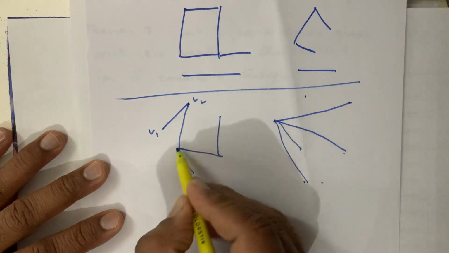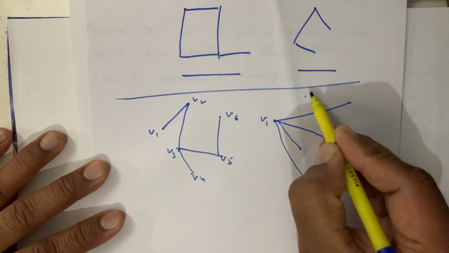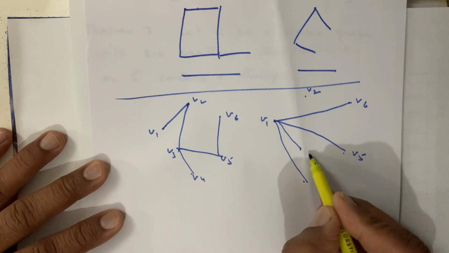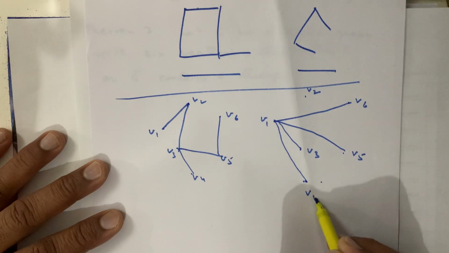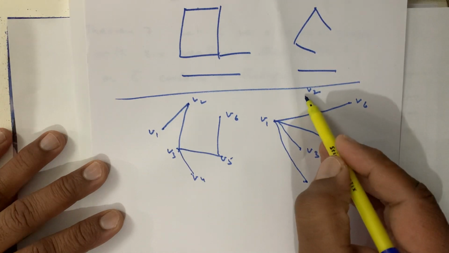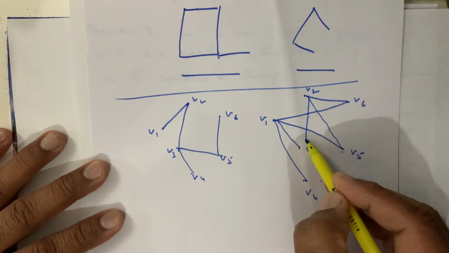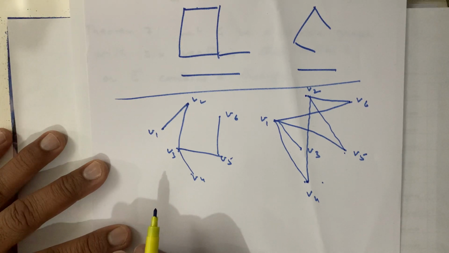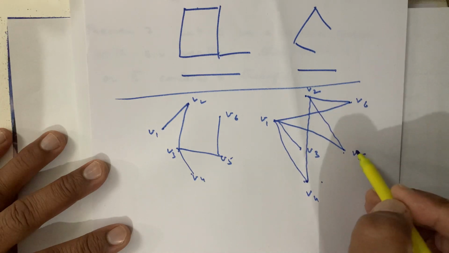This is V1, this is V2, this is V3, this is V4, this is V5 and this is V6. So I will take this is V1, this is V2, V6, V5 and this is V3 and this vertex is V4. V2 से यहाँ दो एज थी V1 और V3 में, तो अब V2 से आपके V1 और V3 के अलावा एजेस बन जाएगी दिस वन एंड दिस वन। पहले V6 से V5 के बीच में एज थी, अब V6 से V5 के अलावा हर वर्टेक्स में एज जाएगी, तो V6 से V5 में एज नहीं रहेगी।